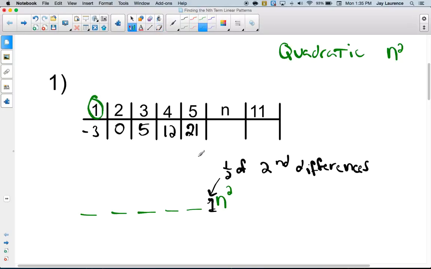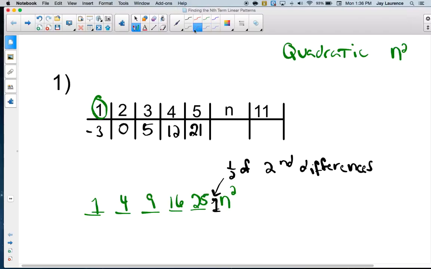Okay, so now I'm going to take these numbers and substitute them in for n. So 1 squared is 1, 2 squared is 4, 3 squared is 9, 4 squared is 16, and 5 squared is 25. I'm going to ask myself, how do I turn the green ones into the black ones? Well, I think I take away 4. Let's see, 4 to 0, I'd have to take away 4. 9 to 5, I'm going to take away 4. So my pattern is going to be n squared